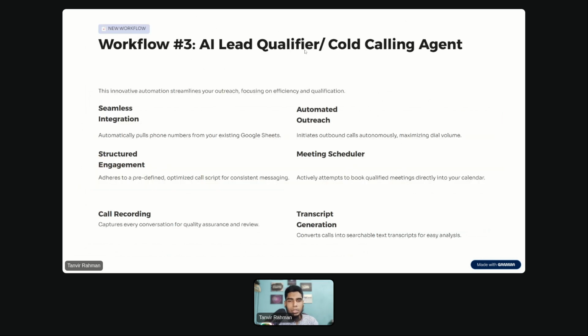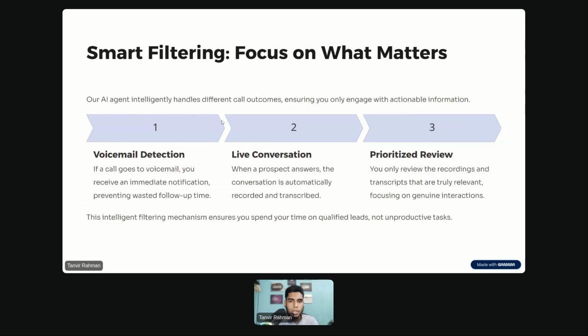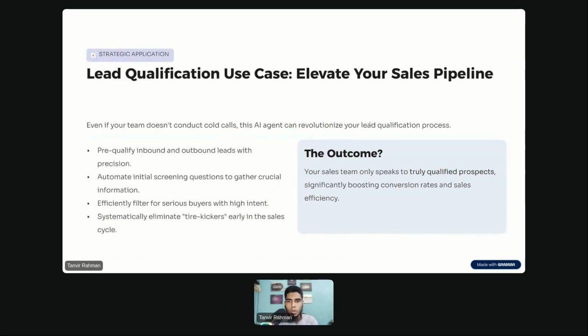And that's why I'm using this lead qualifier or cold calling agent. Mostly I'm using this for cold calling, but you can do it for something else as well, right? So what it does, it detects the voicemail, so I'm not wasting money making a call to the voicemail, right? So it feels like a live conversation, and it is also prioritized review. So I will show you how it works, right? So let me turn off my camera real quickly here, and let me show you